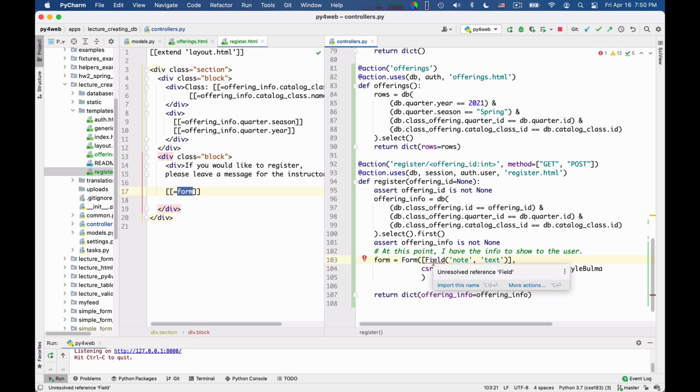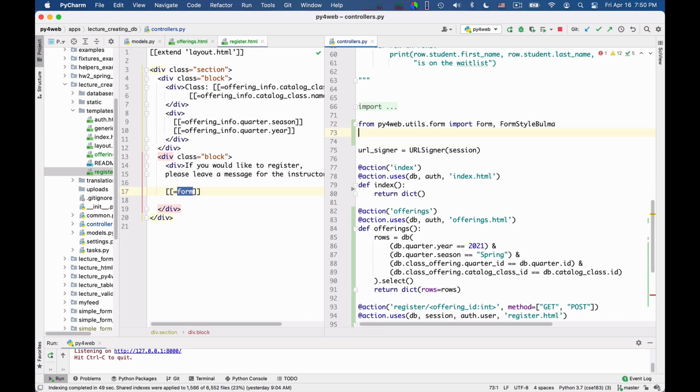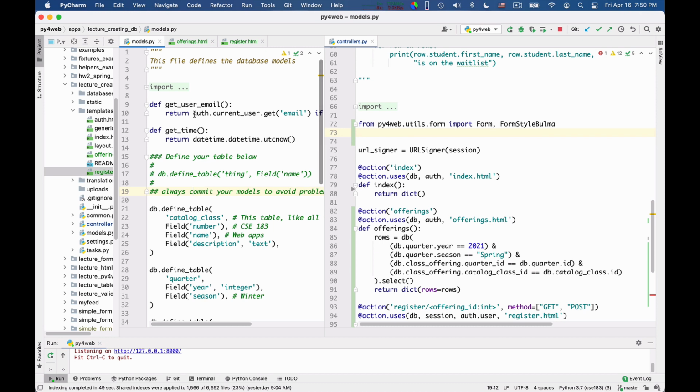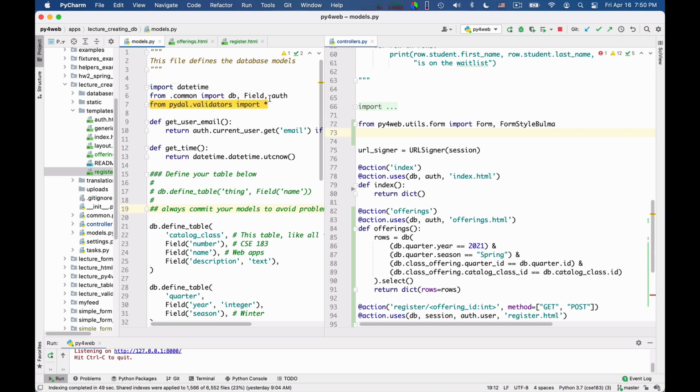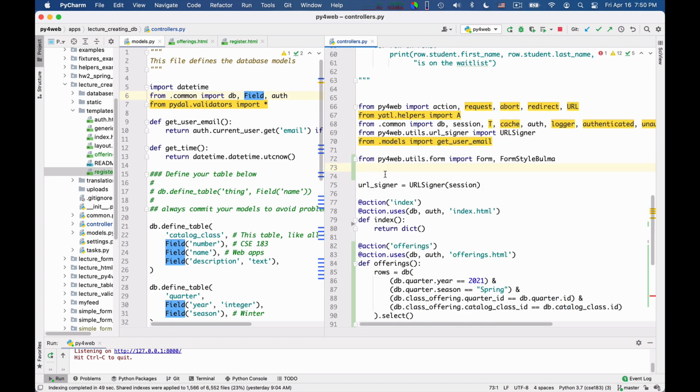Okay, we don't know what field means because we have to import the definition. So we can look at how we imported it in models if we are ever in doubt, right? Because it's here. The field was imported from common actually, so we do the same. And so we say, from common import Field.